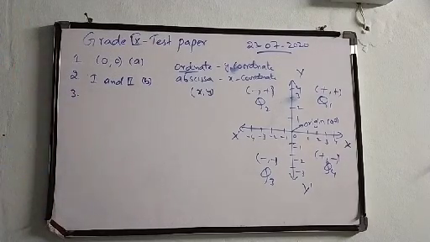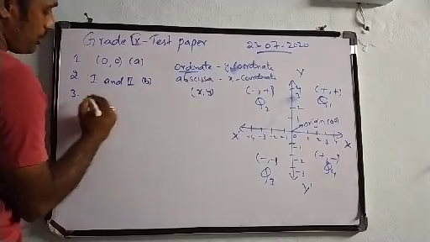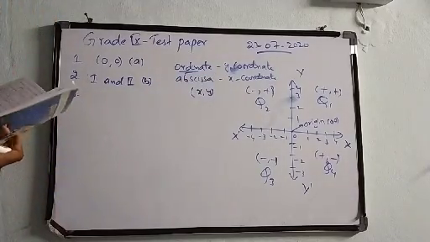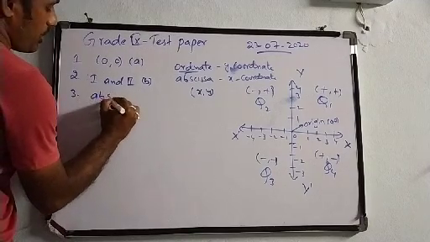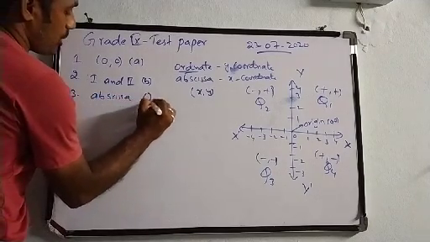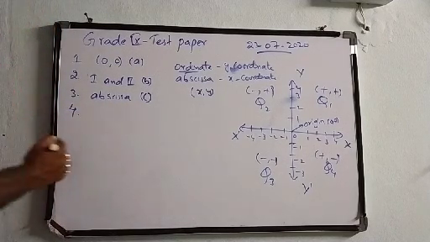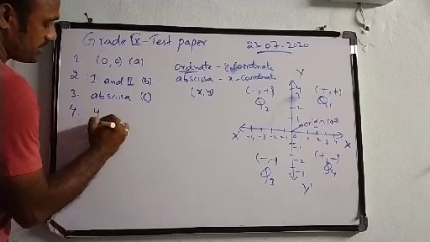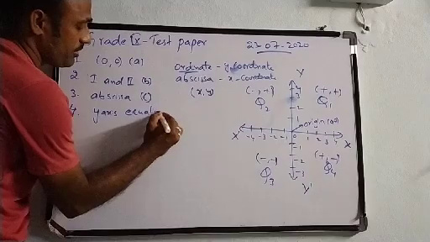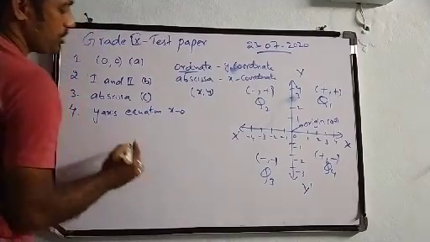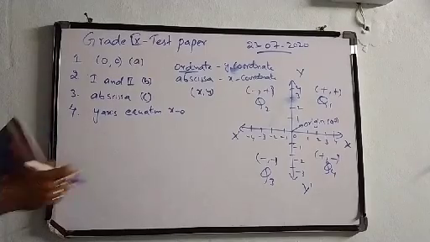Coming to third question, x coordinate is also called as, already we have written here, x coordinate we are going to call it as abscissa. So the option is C. Coming to the fourth question, the equation of the y-axis will be x is equals to 0. Similarly, equation of x-axis will be y equals to 0. So here the option is A.